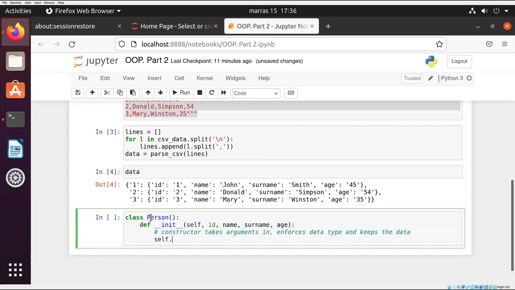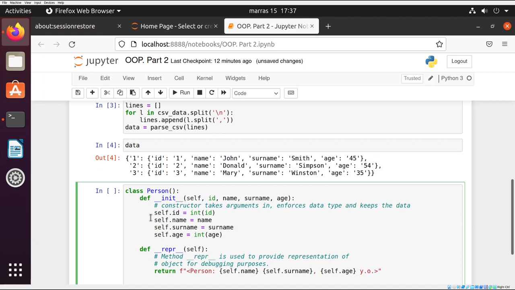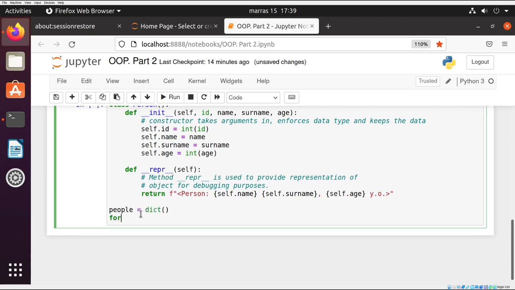Here is the person class that we created in the previous part with some small modifications. In addition to the existing name, surname and age arguments that have been previously passed to the constructor of the person class, we now have an ID argument, which is expected to contain a string variable that will then be converted to an integer identity number for this person. This is the ID of the record in the database. In addition to that, we also enforce integer type on the age variable, so that a string will be converted to